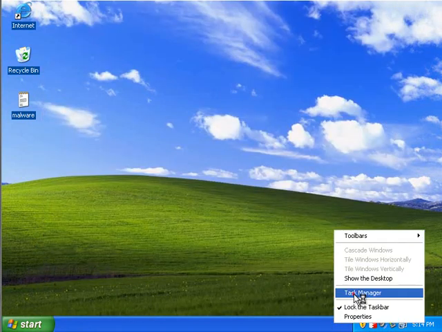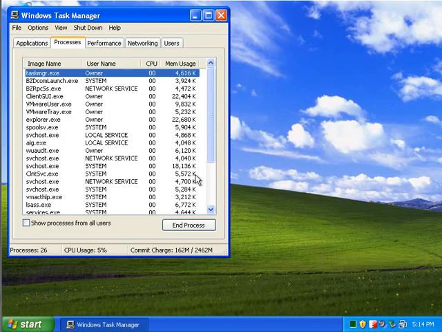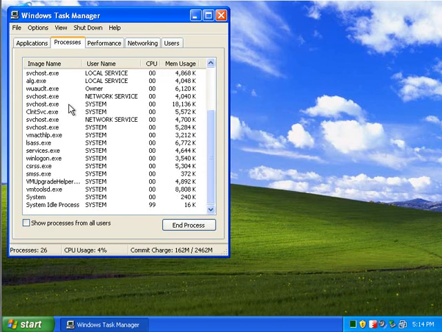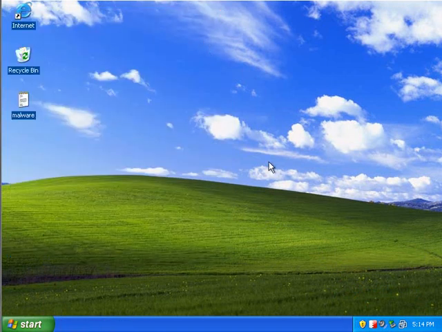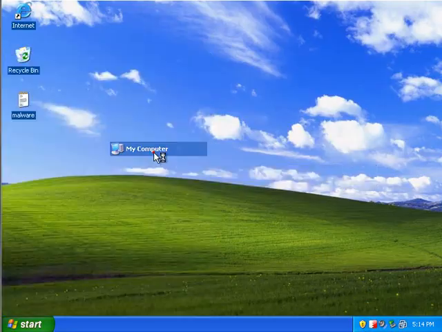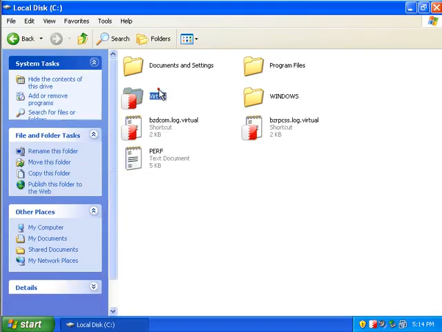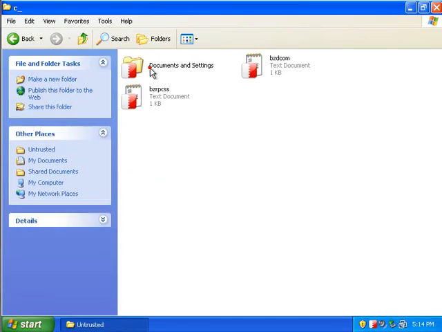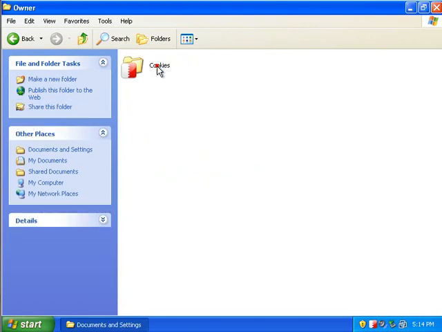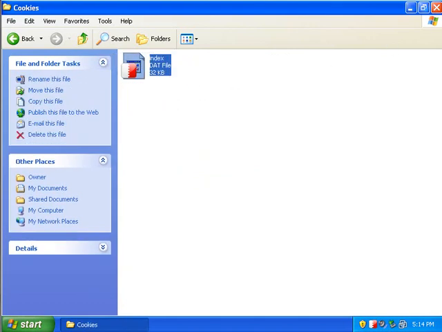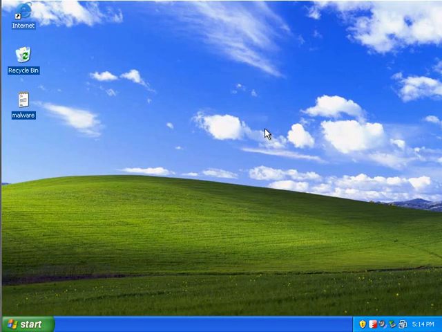Crushed. If we take a look at our task manager here, we'll notice that there's nothing running that was malicious. And if we go to my computer and take the local disk, virtual, trusted C, documents, owner, cookies, nothing left, and that's not a malicious file. So that's pretty good. Just because we probably all want to see if everything was safely inside the buffer zone,